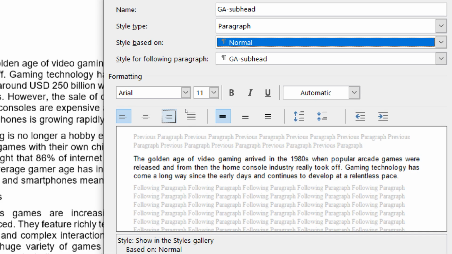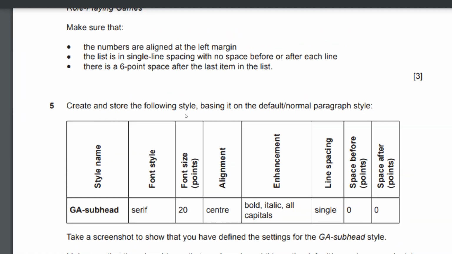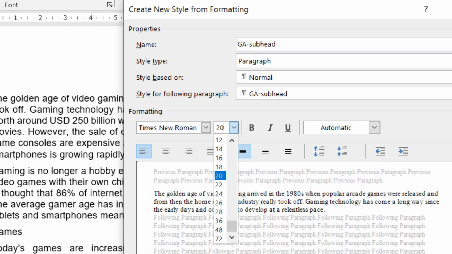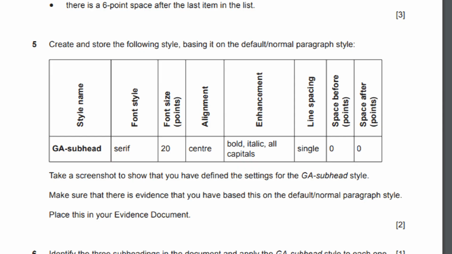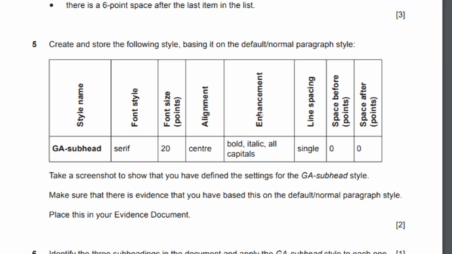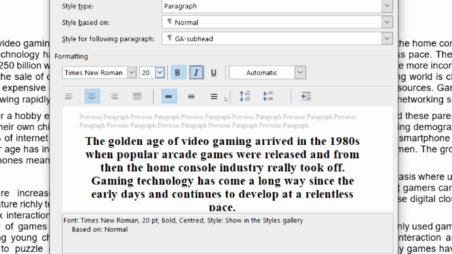Font style has to be serif. So serif means we can choose Times New Roman. If the question was to make it sans serif, you could choose Arial, for example. So serif, Times New Roman. Font size has to be 20. Let's put 20. Alignment has to be center. Enhancement has to be bold, italic, all caps. So bold, italic,